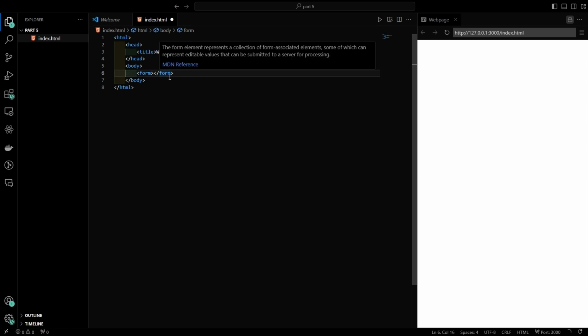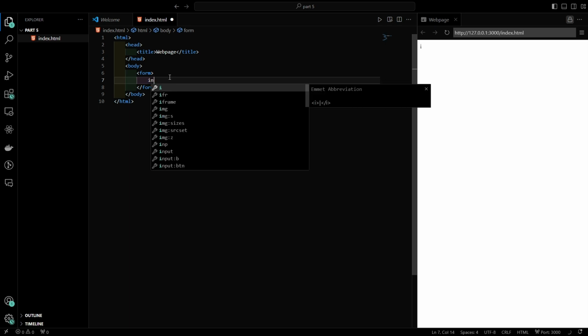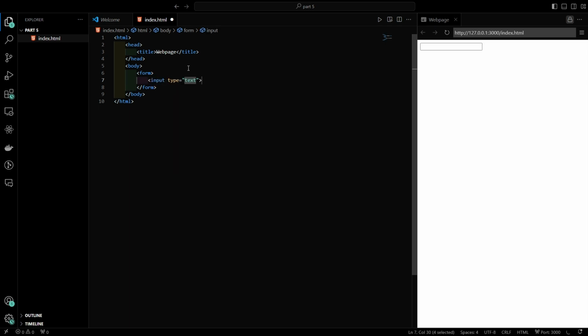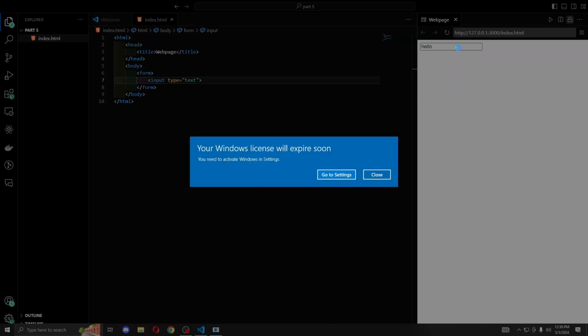Okay, in the form we will say input, and by the way you can do it outside it, input, but it is the best practice, so always do it inside of form. Now we will say, see, there is a box where we can type anything